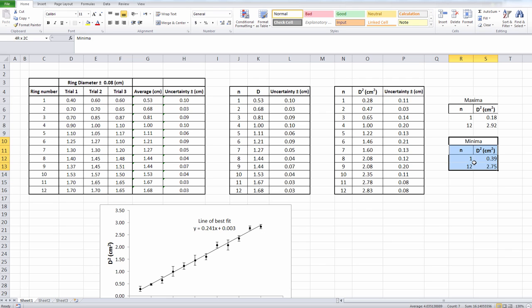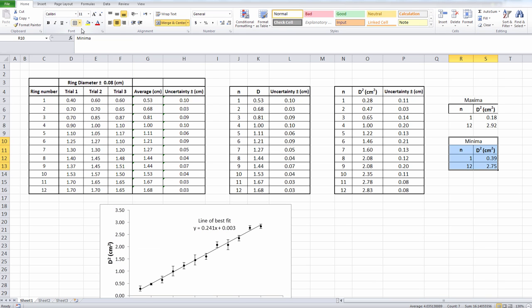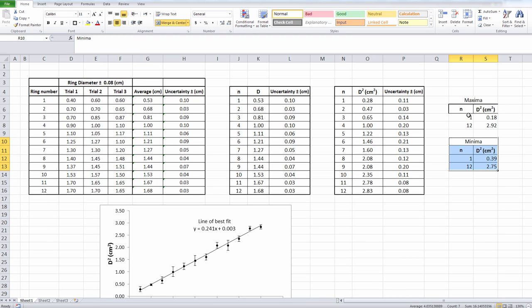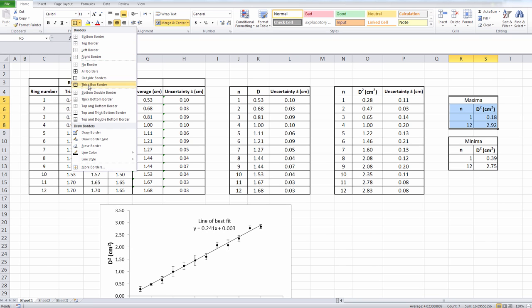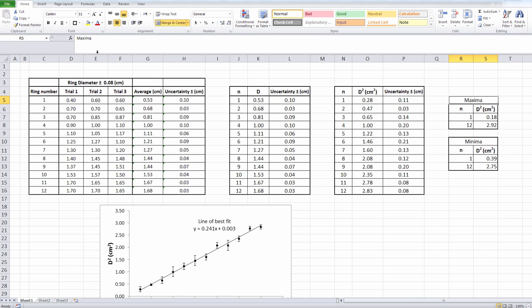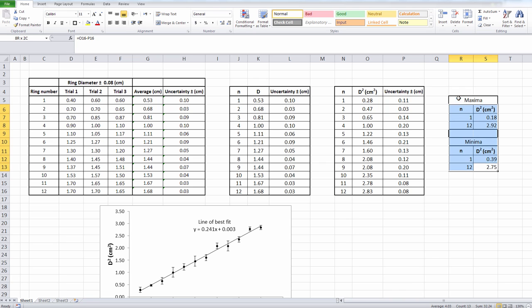So that is nice. So next thing I'm going to do is make all borders thick border, and do the same thing here. All borders thick border. Make things a little bit nicer. Again, you don't actually need to put this graph in there in your lab. It's just there to determine the maximum and minimum slope. Okay, so now that I have this,